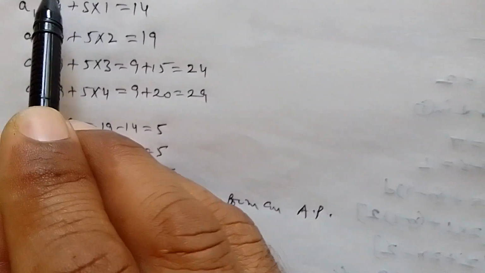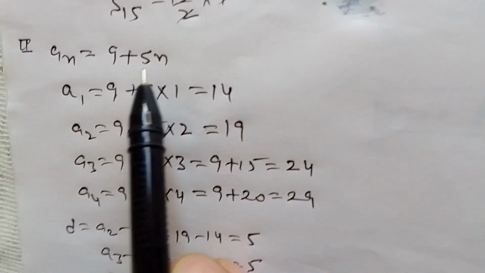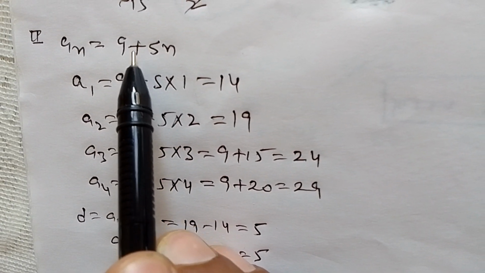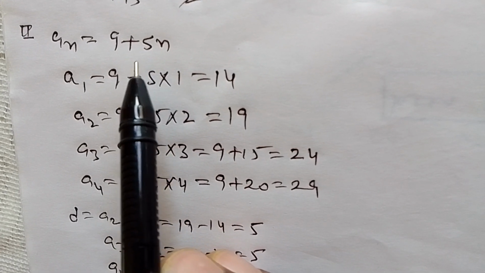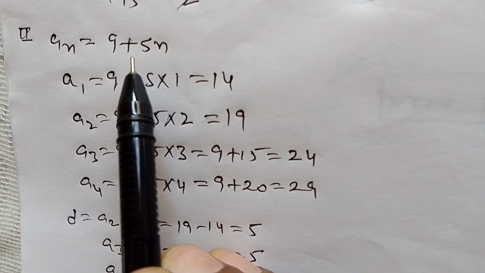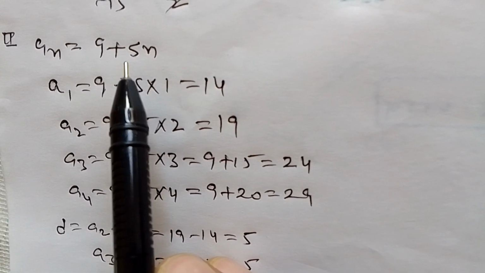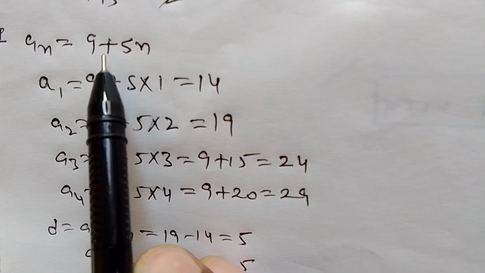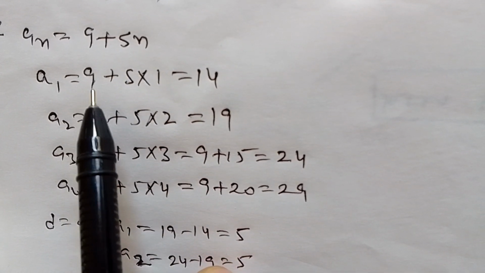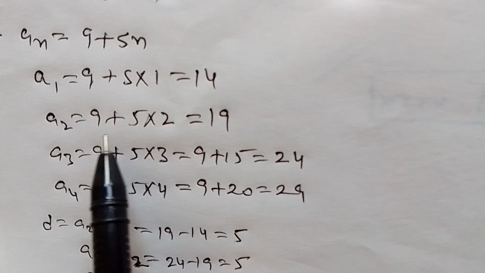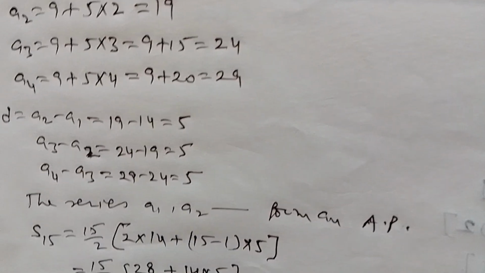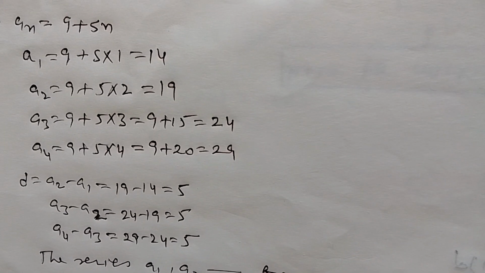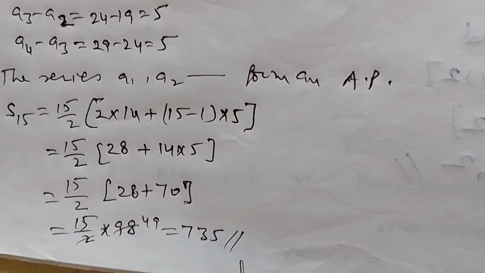One more thing: we have calculated this series considering the plus sign, but in the book it is given with a minus sign. The question can come in the paper with the sign changed. If it comes with a changed sign, we will calculate the terms using the other sign, so that series will become different. Here we have considered the plus sign, so the answer comes out to be this. So this is the second part of the 10th question.